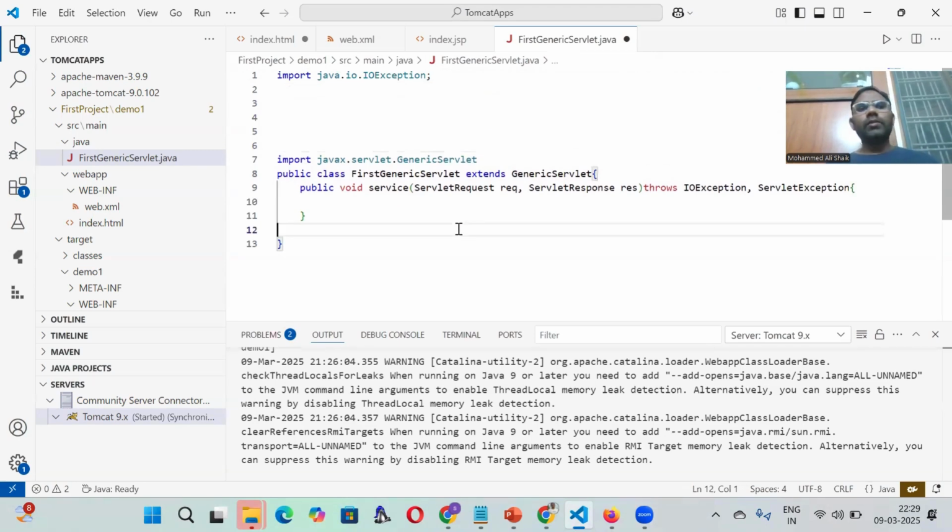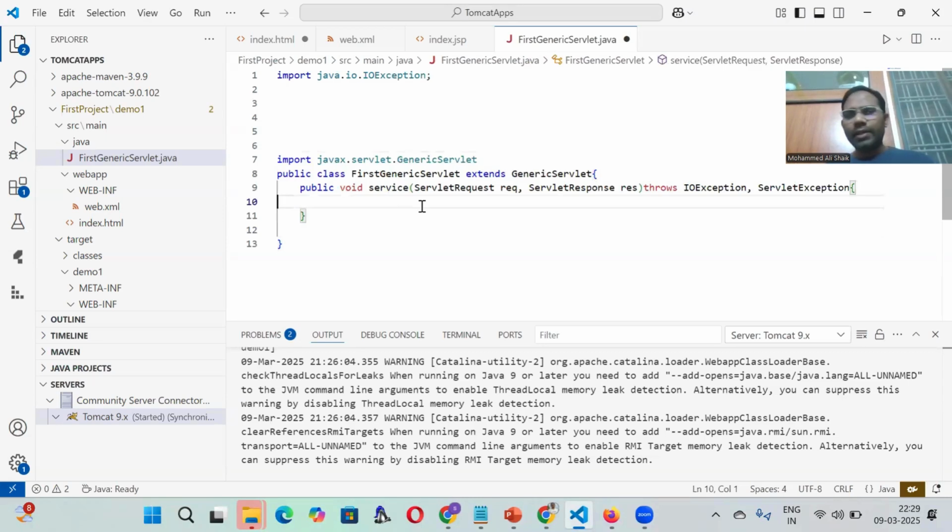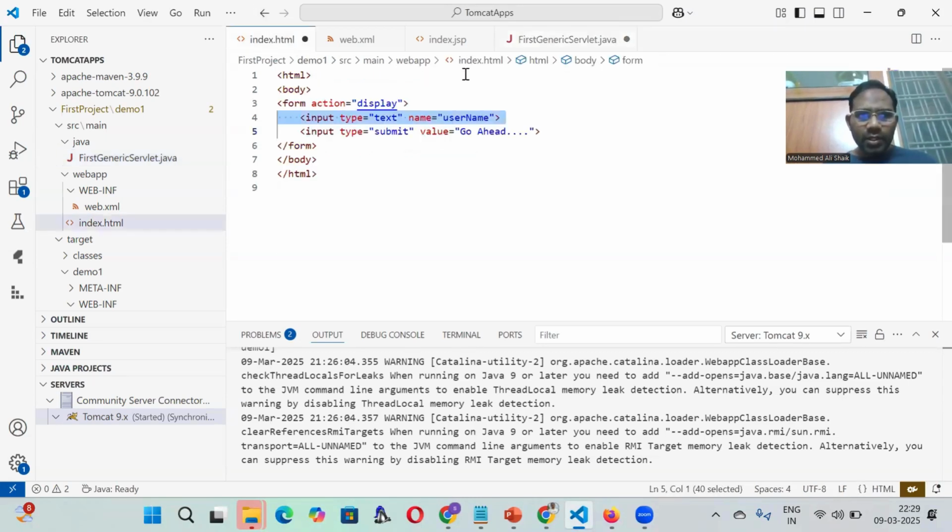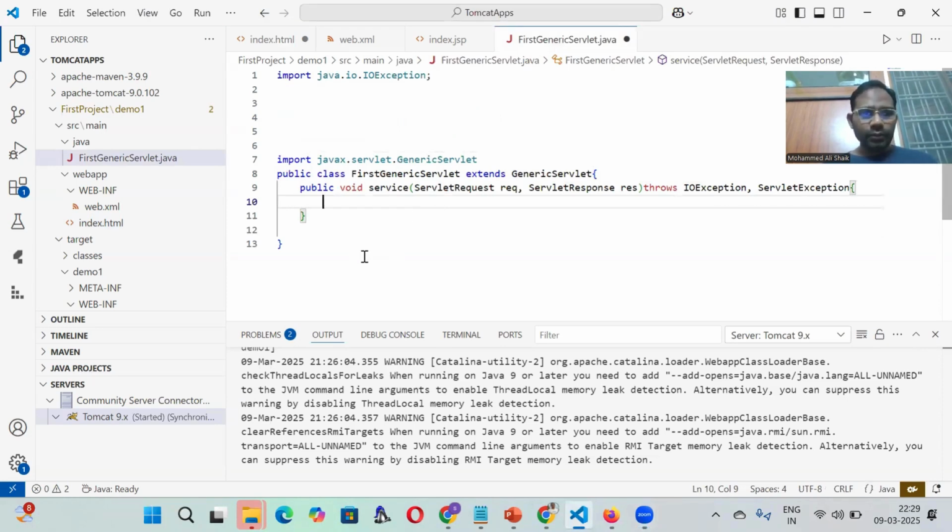So what we are getting here, we are getting from index.html one username. This data type of this username is string data type. So what we write here, String name is equal to request dot get